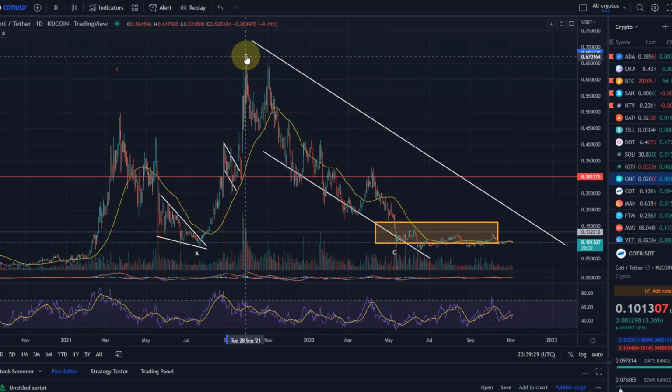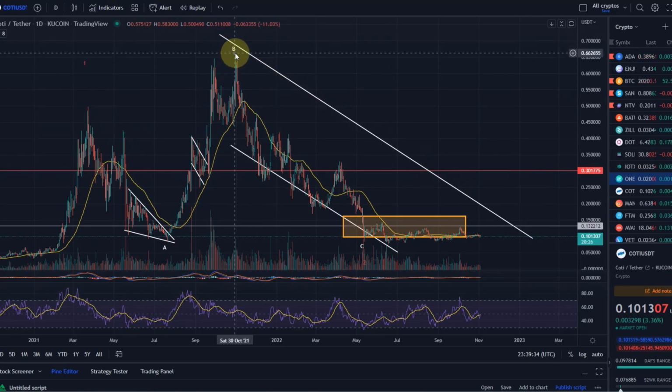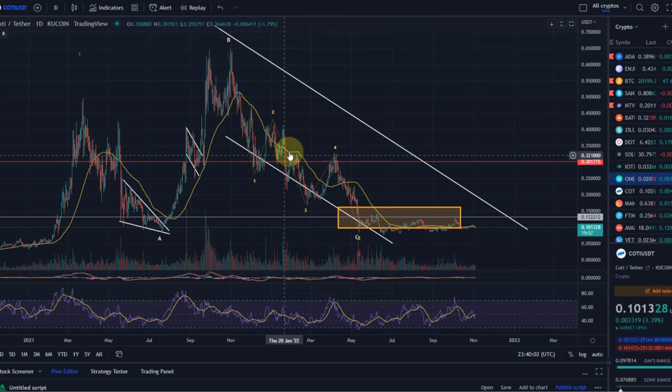Okay, so what we do, we actually move the wave B here. And what we then have to do, we have to count the waves down from the top here at 65 cents. And if we then look at a 5-wave move to the downside, my view is that the move down here would be a wave 1, then came up in a wave 2. Then here we had another 1, 2, can count that 3, 4, 5. This was then the wave 3, then we had a wave 4 coming down in 5. And this would be